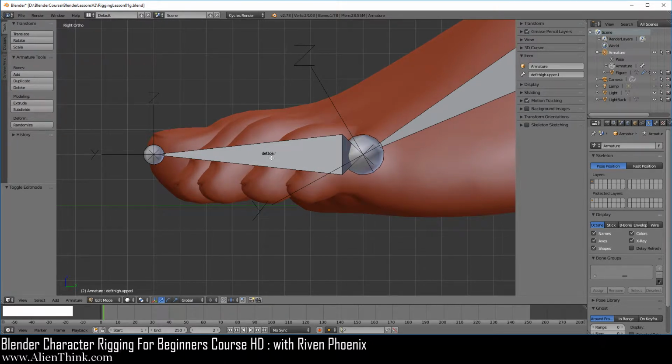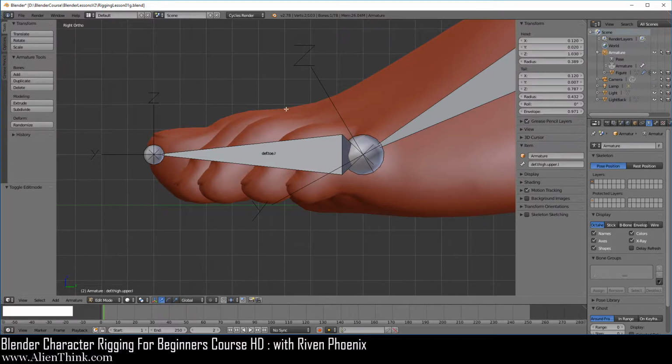Now what I'm going to show you is going to be a bit more advanced concept that has to do with bone rolls. Okay, go ahead and open this up. Now if you click on the body of this bone, I want you to hover your mouse over here on the z-axis, which is the head for this bone, which we cannot see.